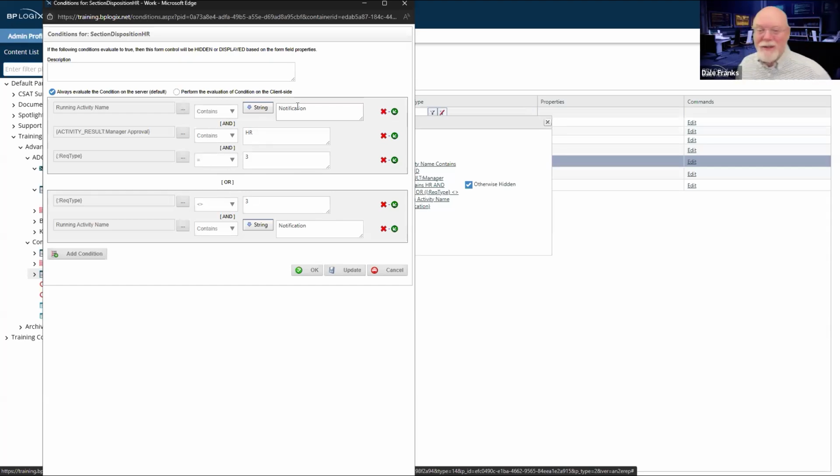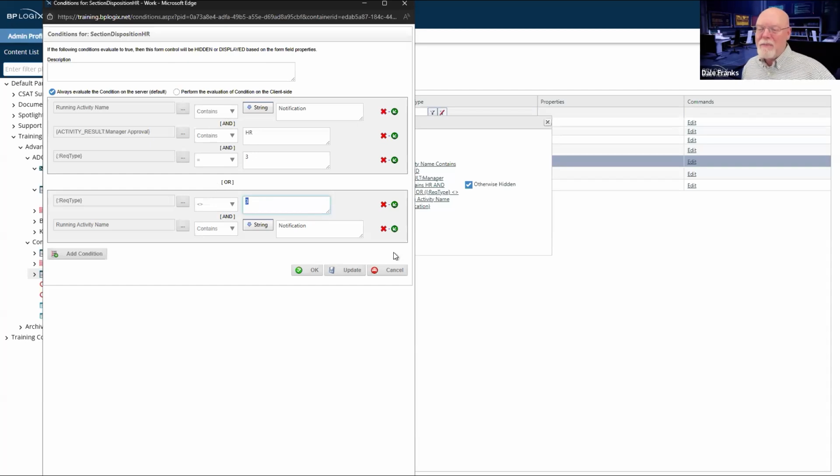So the first one is I'm in my notification activity. The manager approval result contains the term HR, and the request type is 3. And the request type is other than 3, and I'm still running in the notification activity. So this is really how most of it should work.